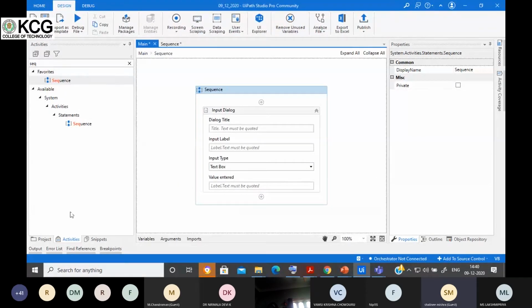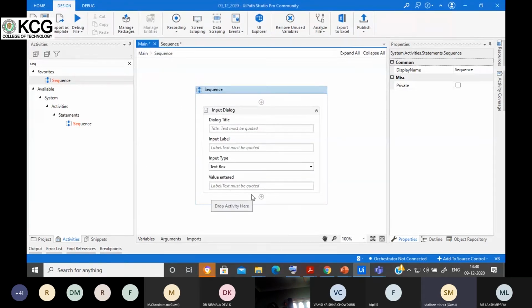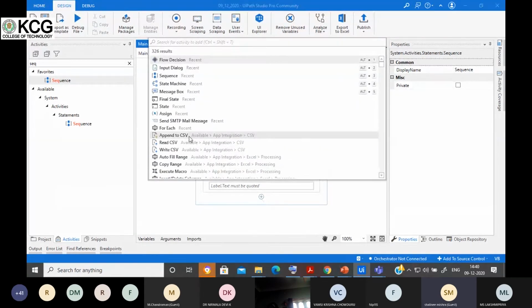You can search for it in the activities panel and just double click on the activity, and it will get added. Otherwise you can drag and drop, or you can search in the universal search bar. Just click on this plus option, and the universal search bar will open. Search for the activity which you want to add in your workflow, and it will get added. You can see, I'll add something.